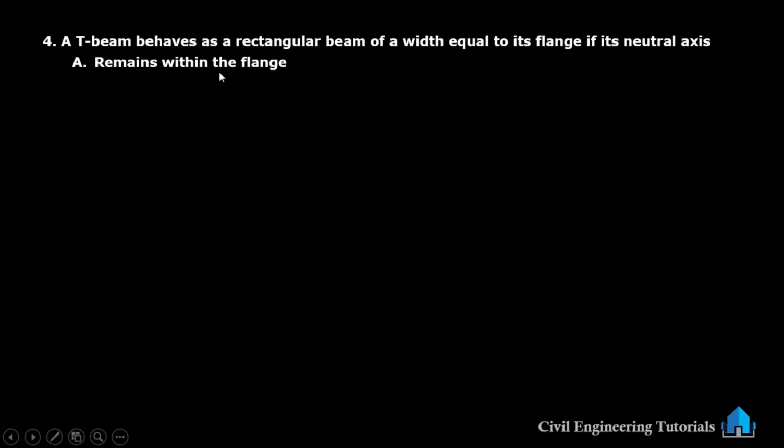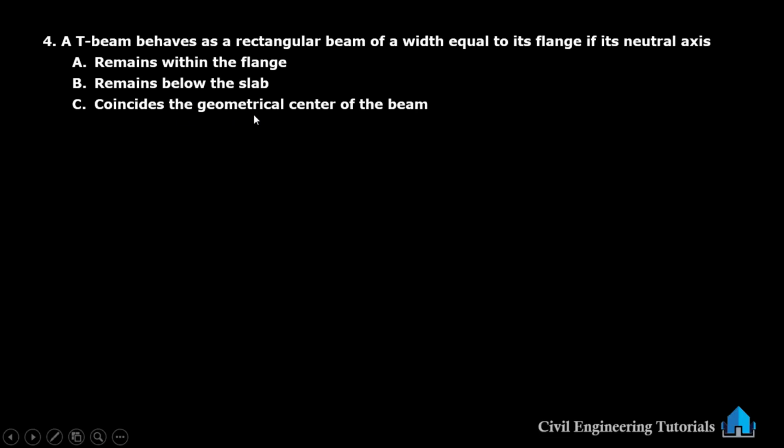Next question, a T-beam behaves as a rectangular beam of a width equal to its flange if its neutral axis, option A remains within the flange, option B remains below the slab, option C coincides with the geometrical center of the beam, option D none of these. So the answer is option A, remains within the flange. A T-beam behaves as a rectangular beam of a width equal to its flange if its neutral axis remains